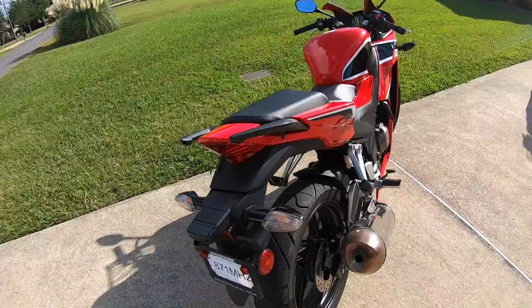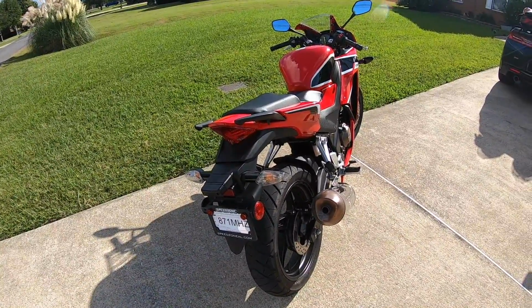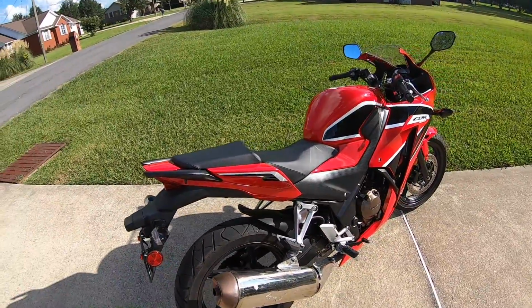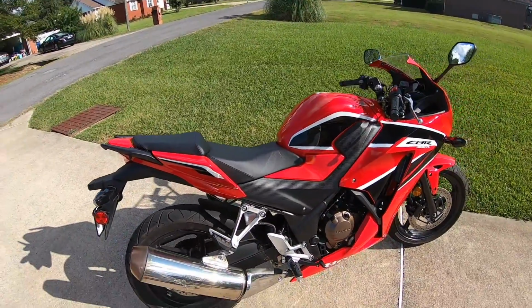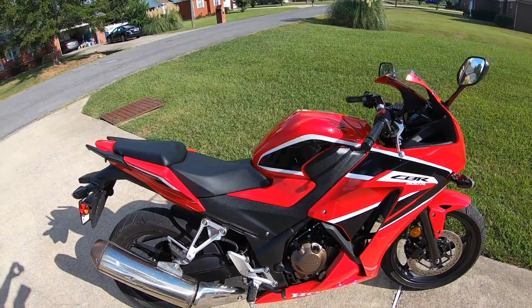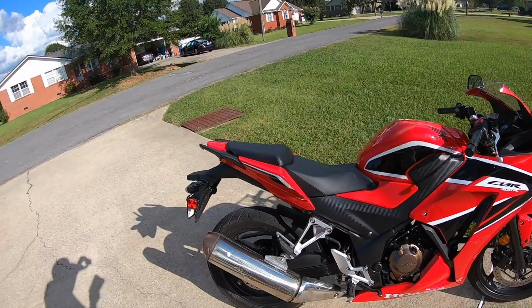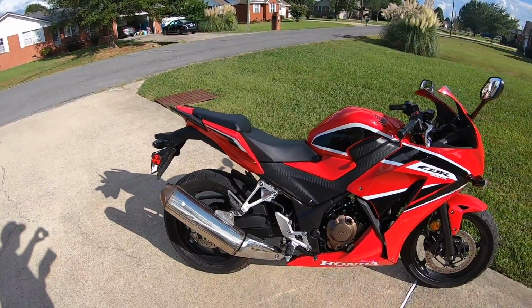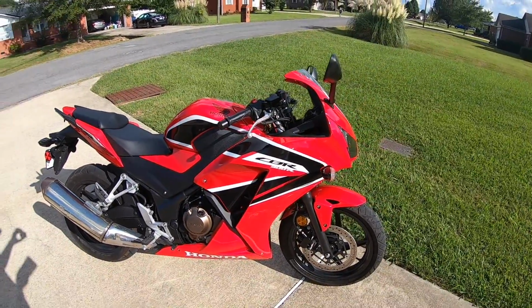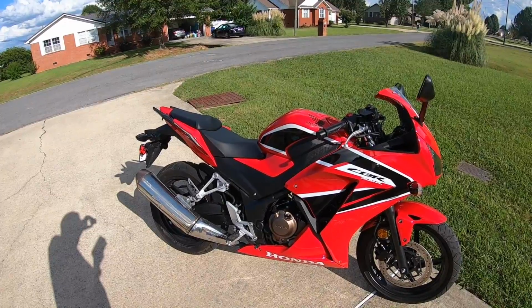It's a good little starter bike for someone that doesn't have a lot of experience riding. The wheelbase on the bike, I think, is 54.3 inches. The rake is 25.3 degrees. The seat height on this thing is 30.7 inches, so that's pretty low. That's good for someone maybe smaller or doesn't really have a lot of confidence, that they can flat foot something